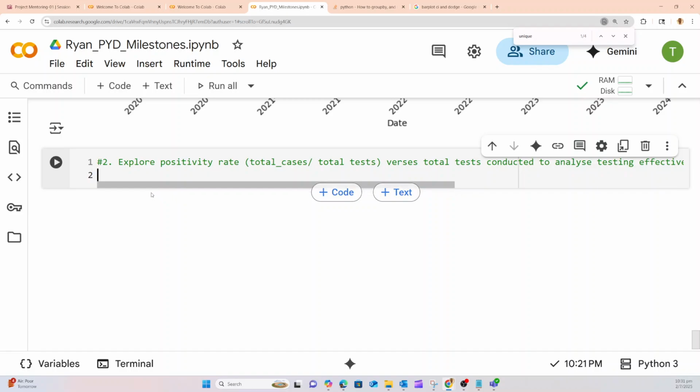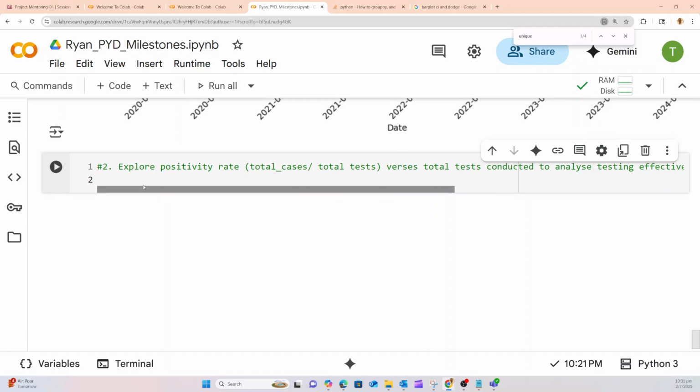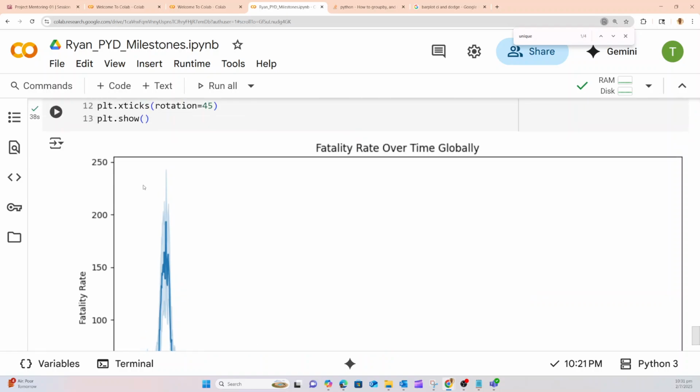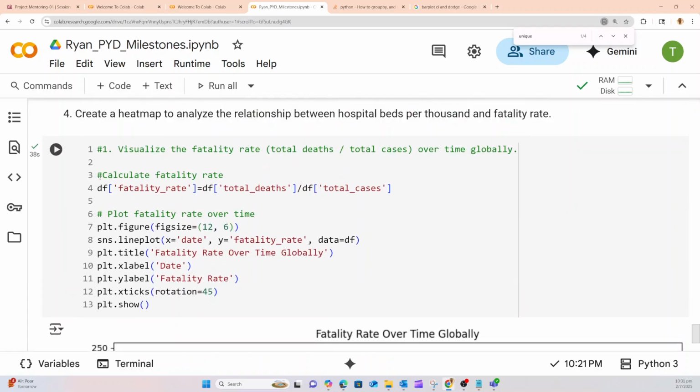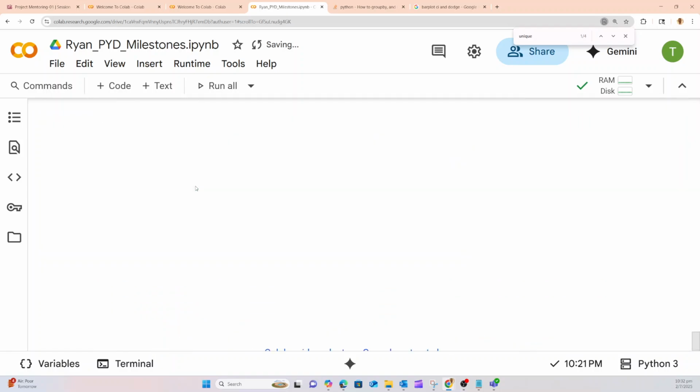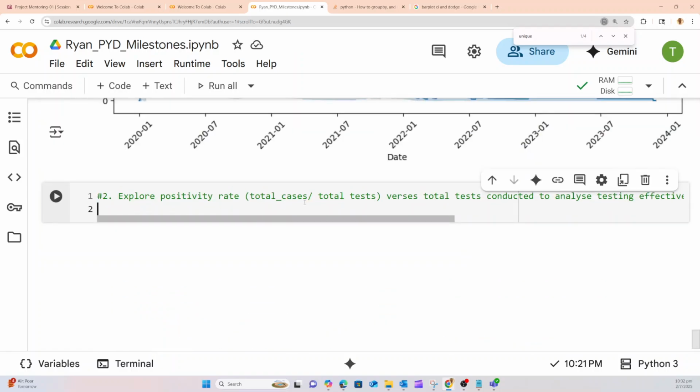The positivity rate is similar to this, but the formula is different. Fatality rate is total death divided by total cases. The positivity rate is total cases divided by the total tests.